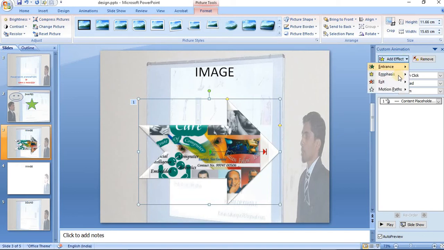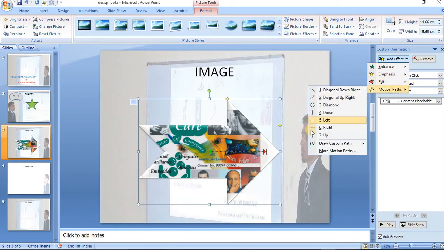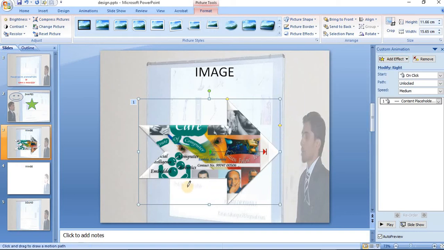And if you want to make it more interesting, you can add a motion path. Draw custom. There are lots of options. As you draw, it will work it out as you have drawn, arrow keys.